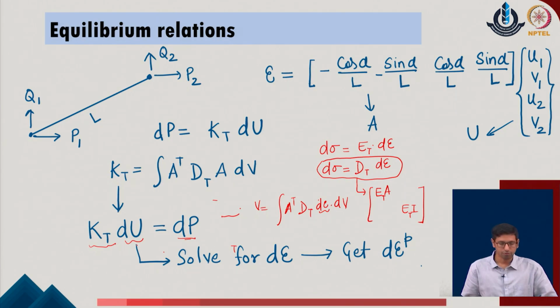We will try to solve it for the d of u unknown parameter in the given system. Once the user obtains the d of u, the user can calculate the relative change in the strain parameter of the given system. That can be easily done by utilizing the expression that d epsilon is equal to A times du in the given system, and once you get the d epsilon, the change in the strain increment,